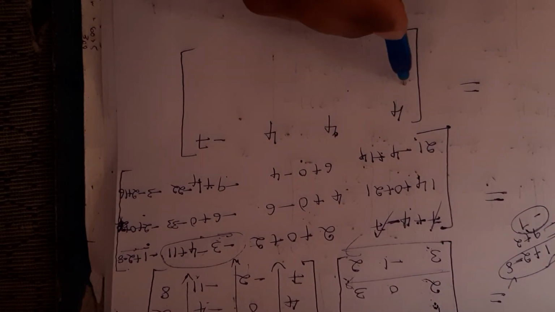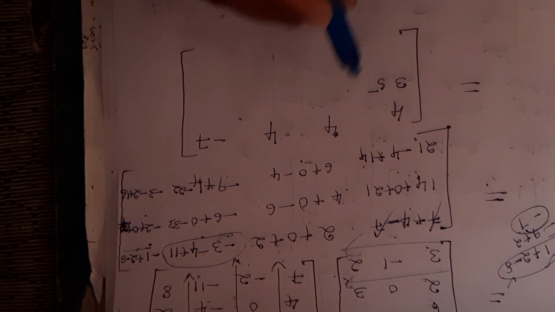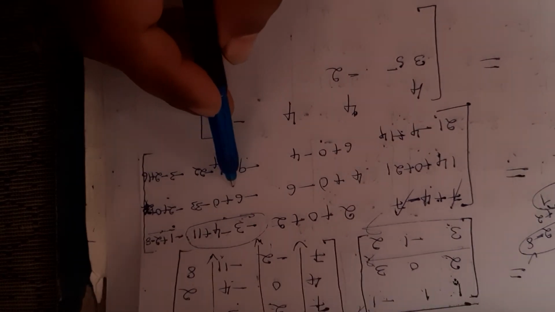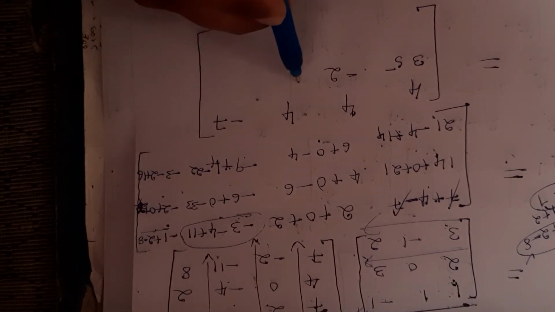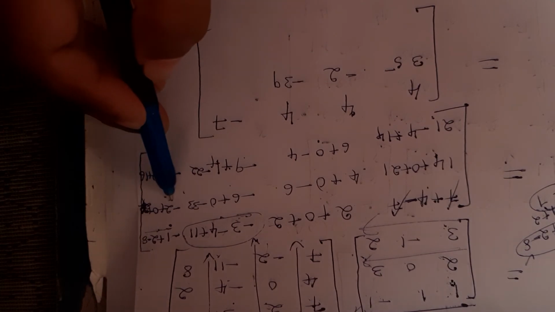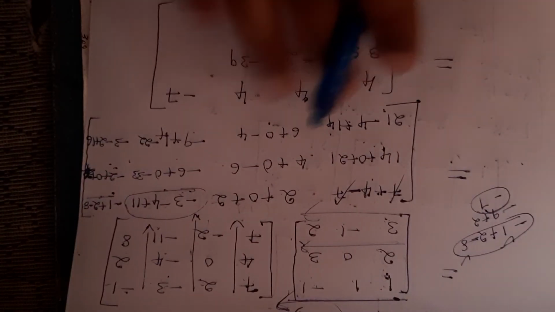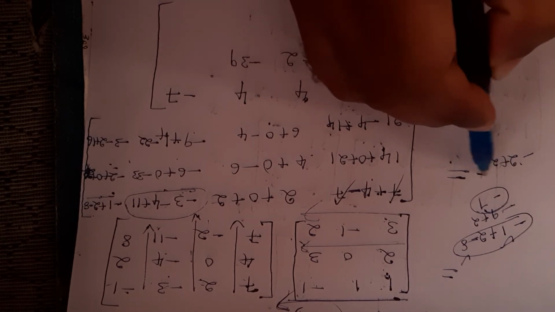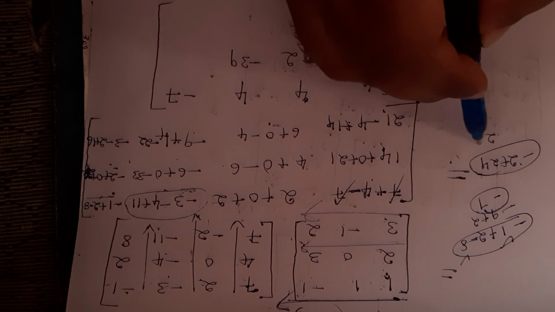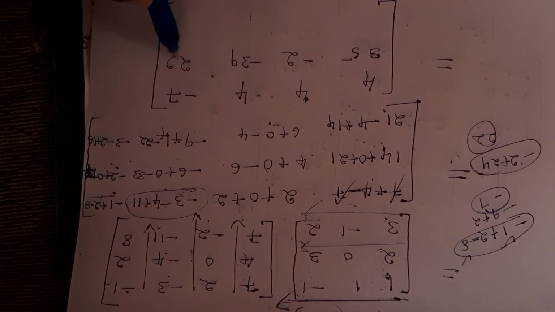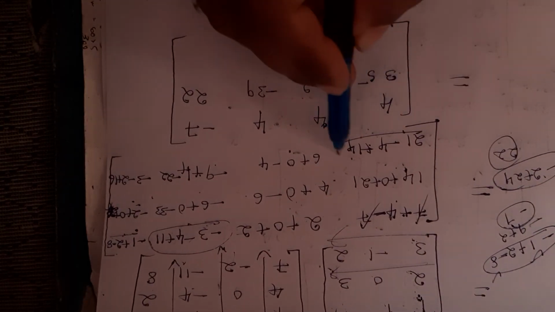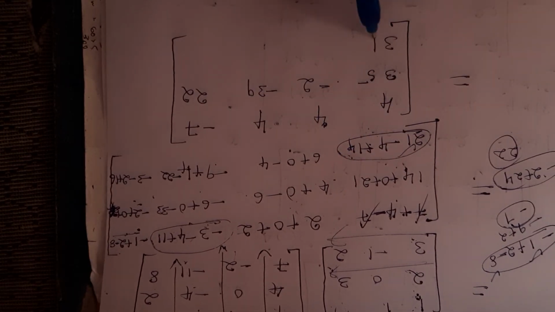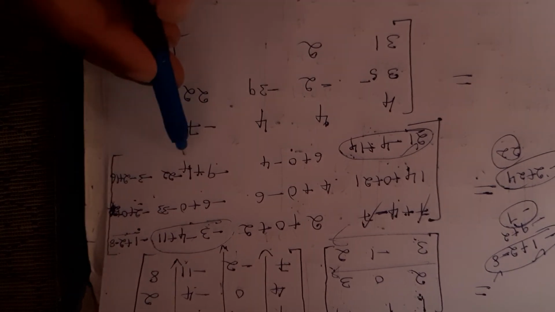Okay, 14 plus 21, it is equal to 35. Then 4 minus 6, it is minus 2. See here, minus 6 minus 33, so it will be minus 39. Then minus 2 plus 24, that is 22. So I will write here 22. Then see, this one is 21 minus 4 plus 14. So what will be simplification here? 31. Then 6 minus 4, it is 2.